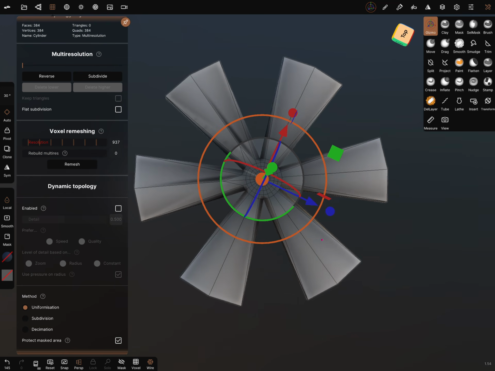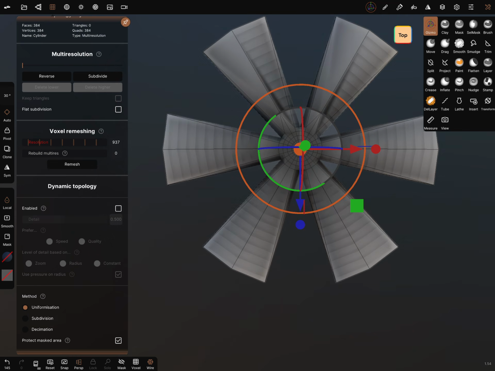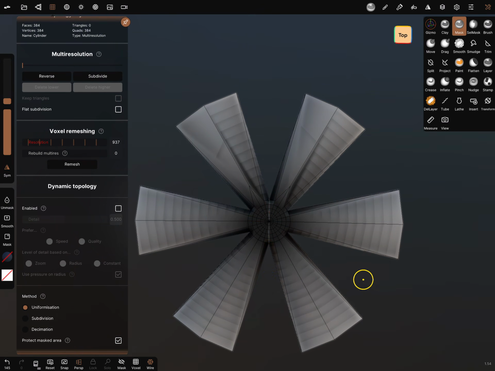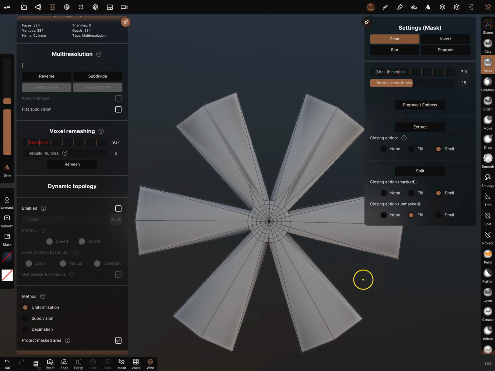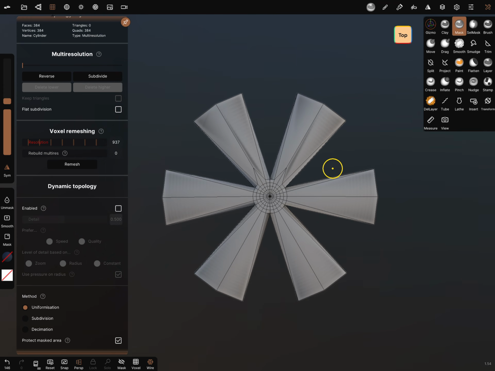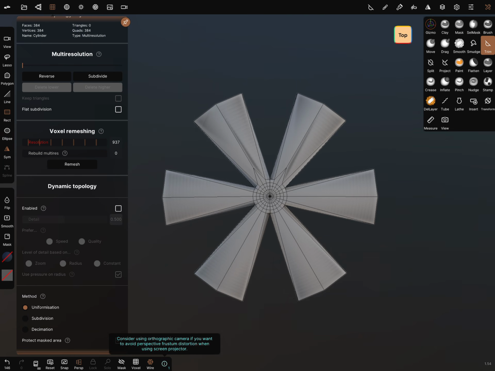Okay. I turn it in the top view and I go to the mask and clear the mask. And now we have to trim some objects away. I go to the lasso tool, symmetry, I turn off.